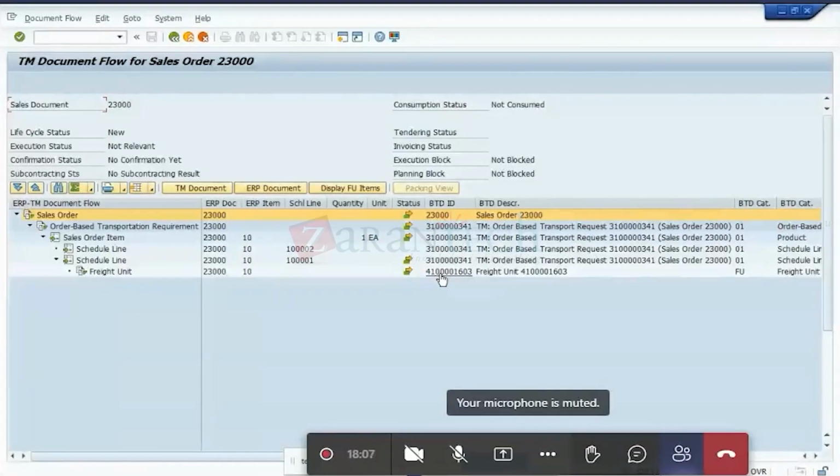The freight unit, if you remember, is the most important, critical document, because that is the planning document which actually connects your ECC with TM. When you go into S4HANA, I'll show you what will happen there. You will see that this order-based requirement is not there, but the rest of the flow remains the same. Okay. So when I go into the freight unit,